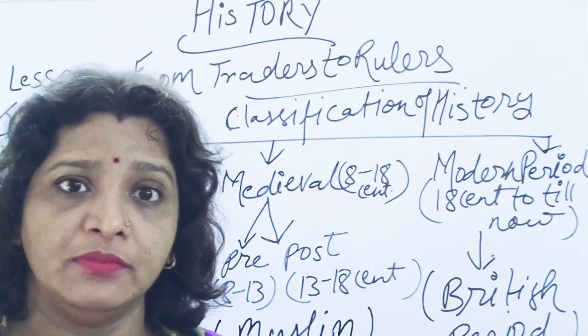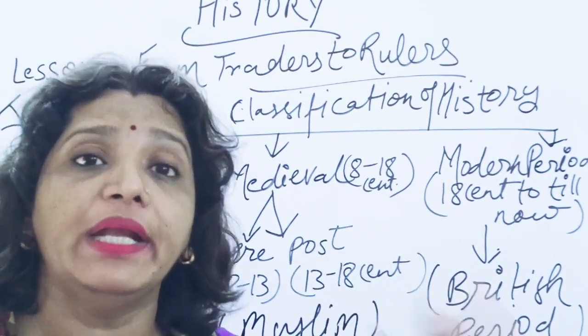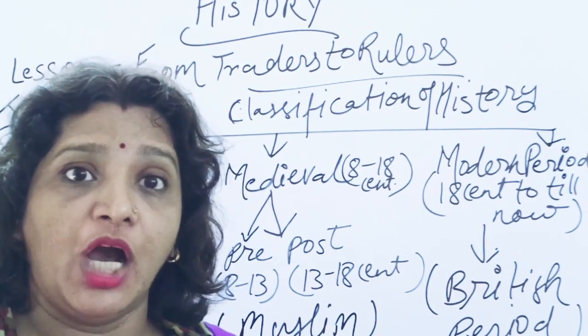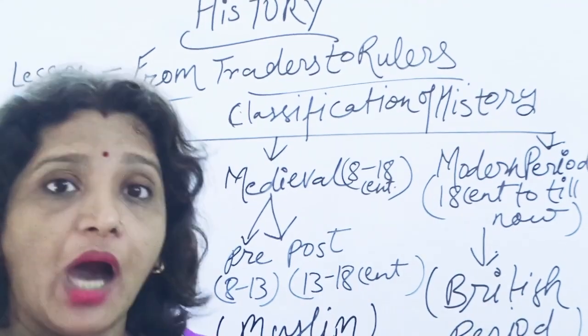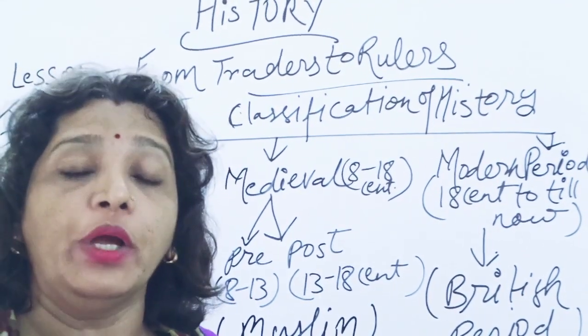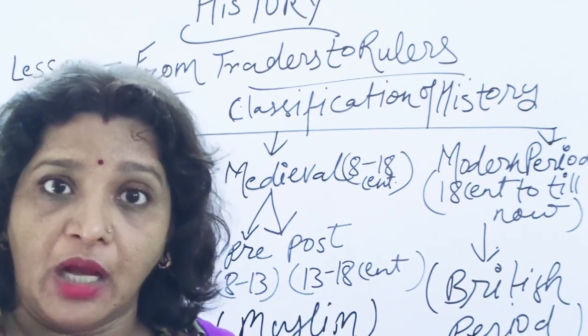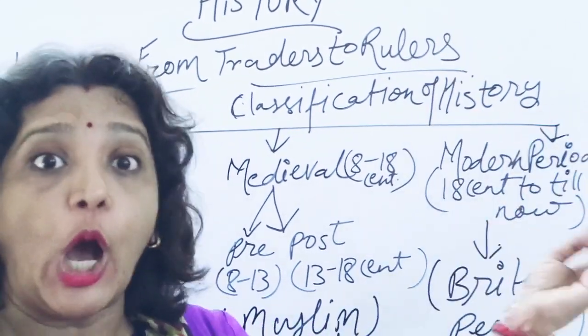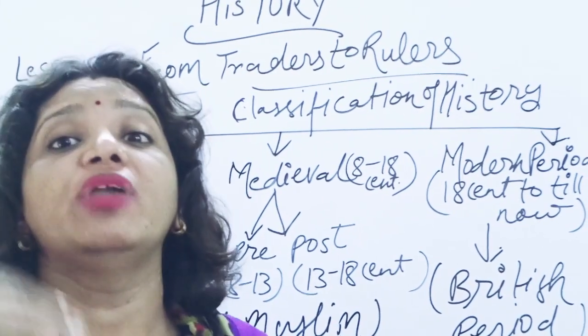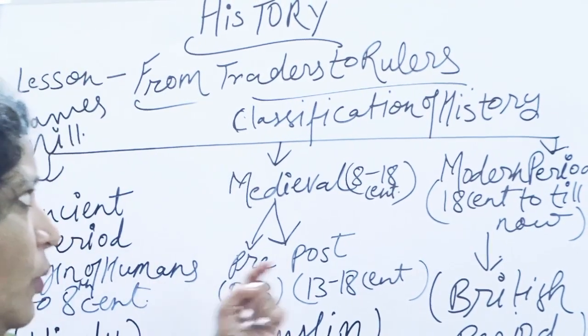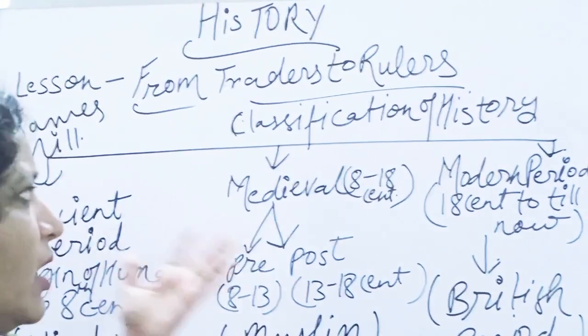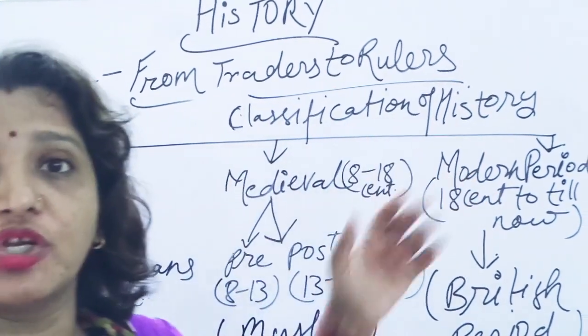It is mentioning the complete world scenario, our global period, our globalization, how we are correlated and interdependent on each other, how we were in our past, how we are today, and how we will be tomorrow. So now students, I am going to my topic and explain the classification of history.